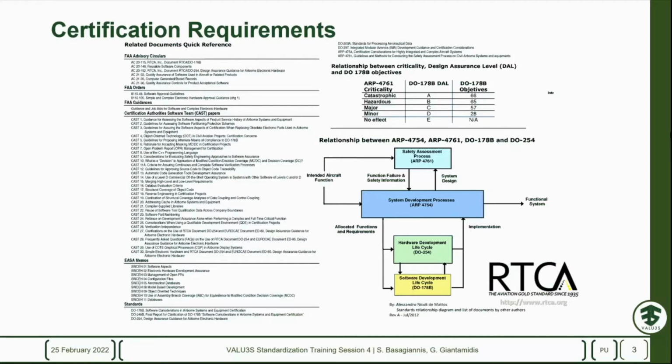Obviously, we're talking about safety critical systems here. There is the top safety assessment process requirements, the ARP 4761, that obviously we have to comply with as safety regulations, but this goes side by side with the ARP 4754 for the whole aircraft